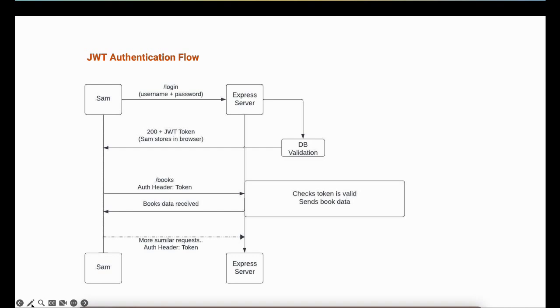If this check is successful, the server will send back the information requested by the user. Similarly, for any number of subsequent calls, until the token is valid and not expired and not modified, our user Sam can keep on calling the backend APIs by just passing the token in the header